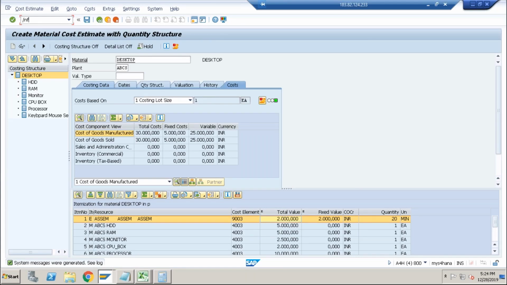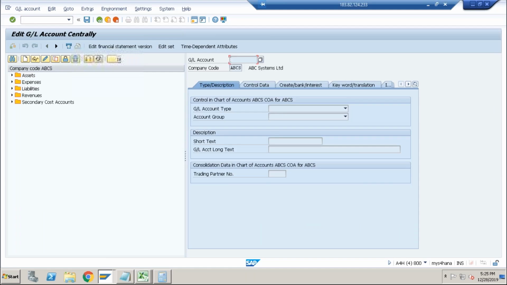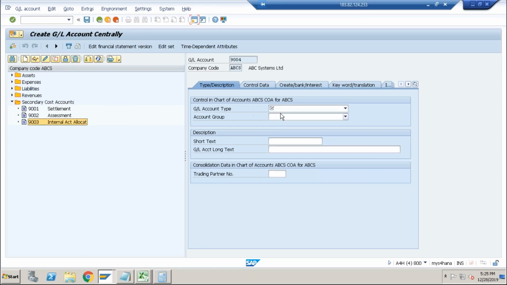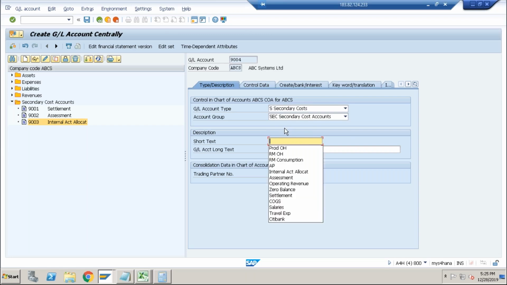So again FS, or maybe I can go to the same one we created, but the problem is, no, better to create a new one. So FS00, it should be created under secondary because it is type 40. So copy, or maybe let's create a new one, 9004. Okay, this is definitely going to be secondary cost. This is also going to be secondary. Okay, and this is used for material overhead. So raw material overhead,